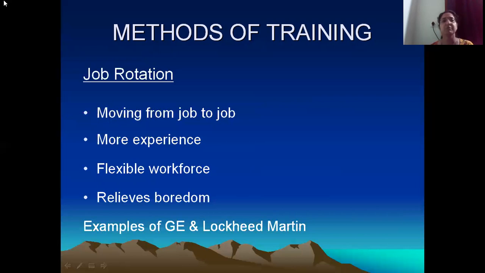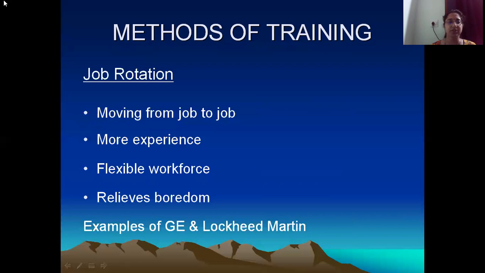And it obviously relieves boredom also. A person put in the welding department is doing nothing but welding the entire life. Obviously, they will get irritated. And the environment in which they are working, that light which they have to see, and that heavy protective shield which they have to wear, it is all going to be annoying after some time. So obviously, to give a kind of relaxation to this person, they can definitely put them in another department which may be slightly less stressful, and the working conditions may be slightly better, something like the painting or the purchase department or anything like that, whatever the supervisor decides.